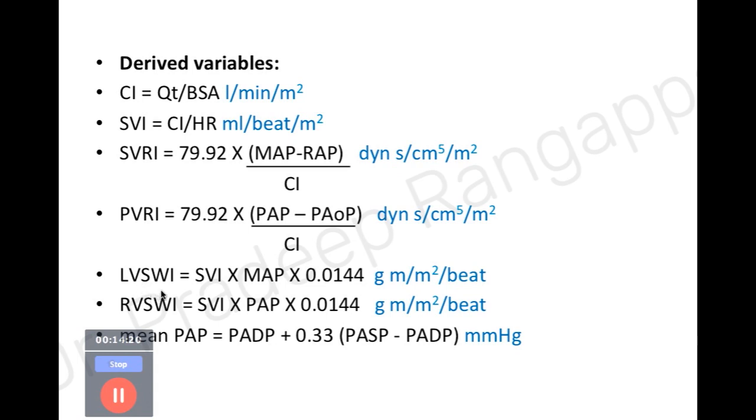This is the left ventricular stroke work index, which is stroke volume index times mean arterial pressure. Right ventricular stroke work index is stroke volume index times pulmonary artery pressure. So these are all the derived variables which you get after you have measured your cardiac output and cardiac index. These remain the key elements out of which you derive all these variables. I'm sure all trainees who have entered intensive care would know all these formulas, because these are commonly asked in entrance exams. What is important when interpreting this is that cardiac index is important, because if cardiac index is low, then you know there is a myocardial dysfunction and cardiac output is low.